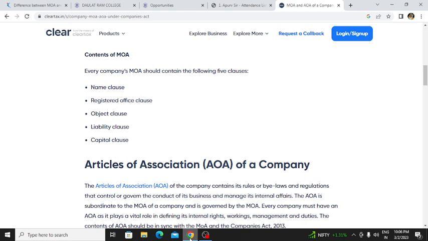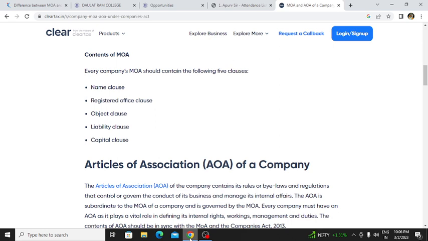After that, if you find any name similar to it, it will not be approved as per the law. If your name is different and unique, you can apply for that name on a MCA